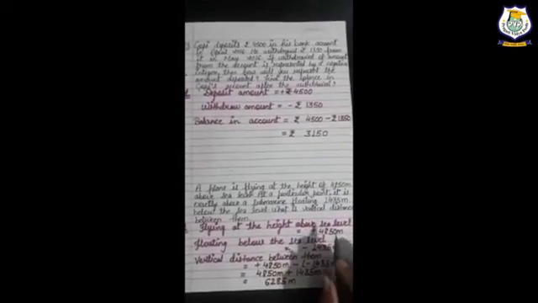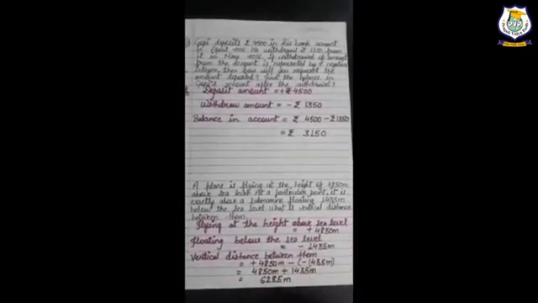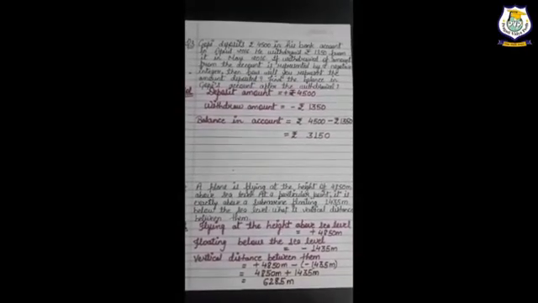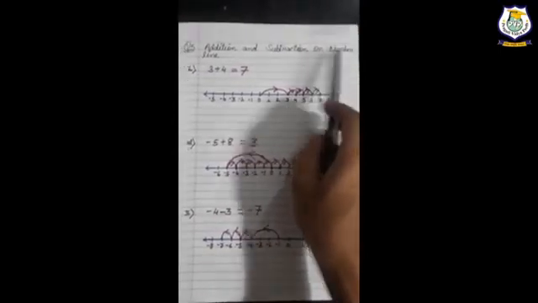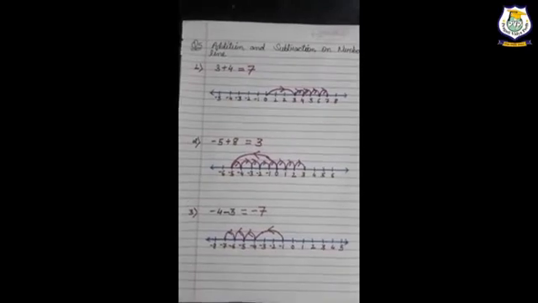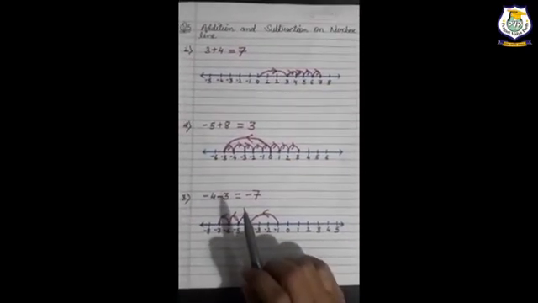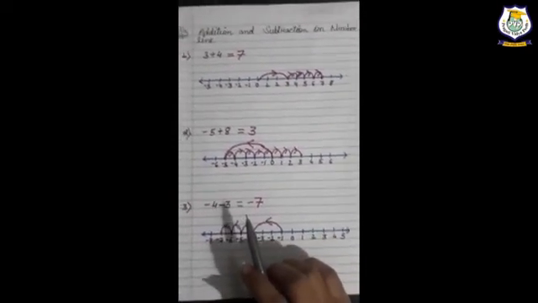Like that, before doing any word problem, the first thing necessary is to find out which statement is saying about the positive sign and which statement is saying about the negative sign. Then you will easily be able to do word problems of addition and subtraction of integers. Come to our next topic, addition and subtraction of integers on the number line. The rules I have already told you in the explanation part of the video, on how we do addition and subtraction of integers on the number line.